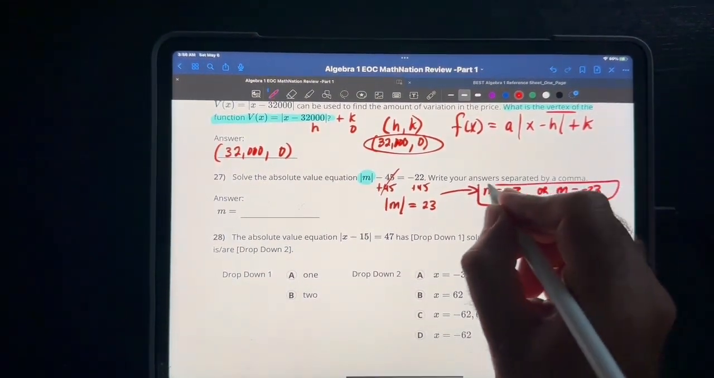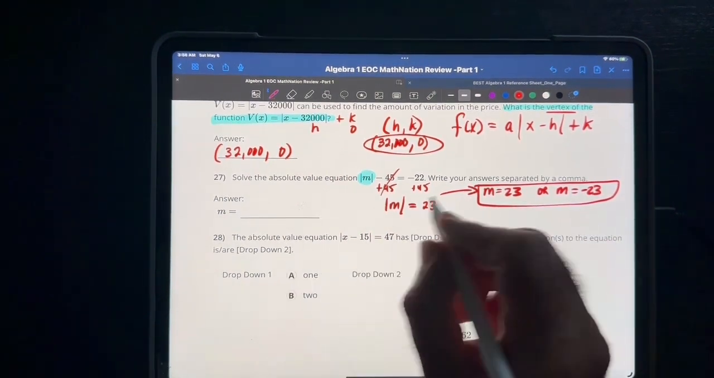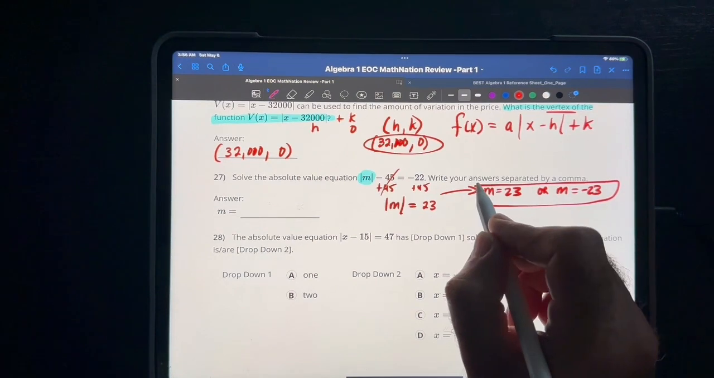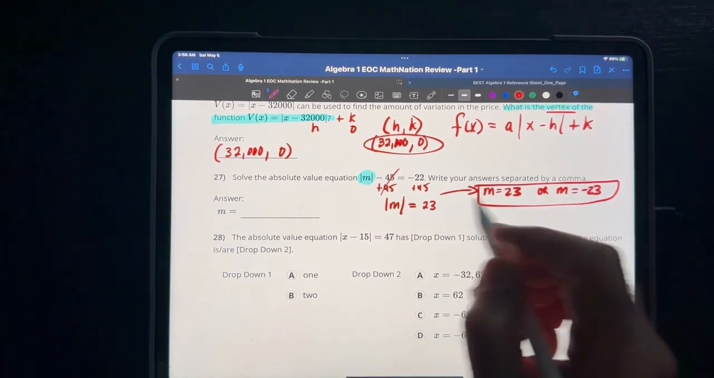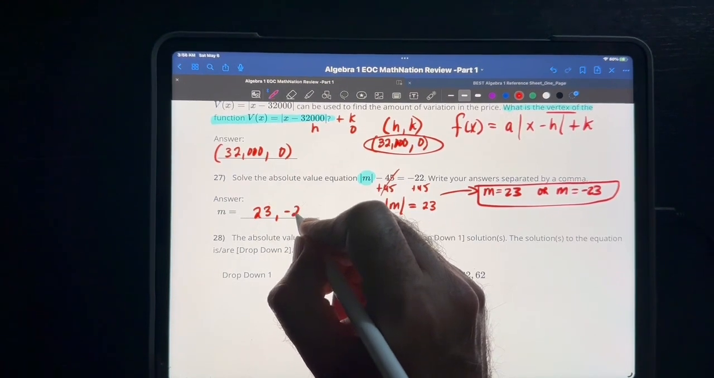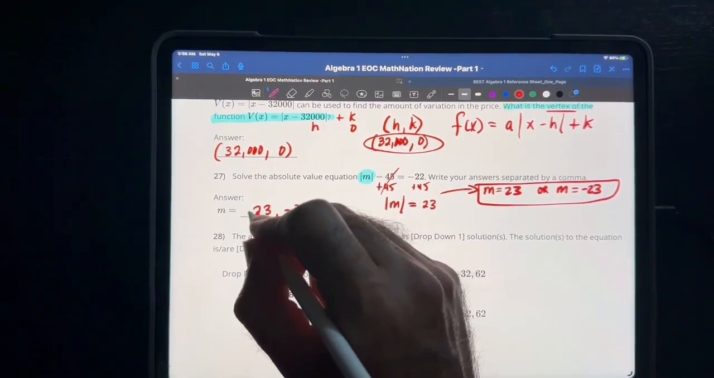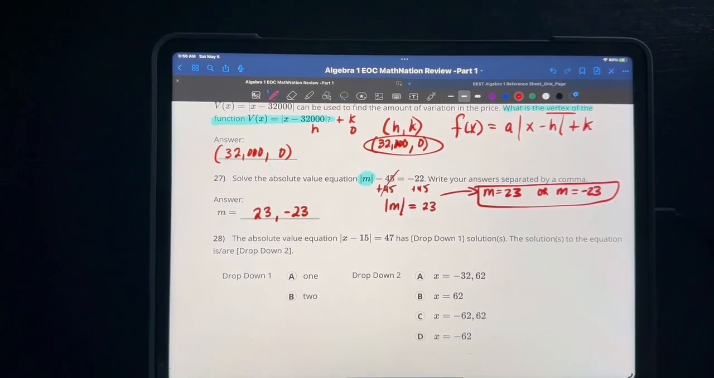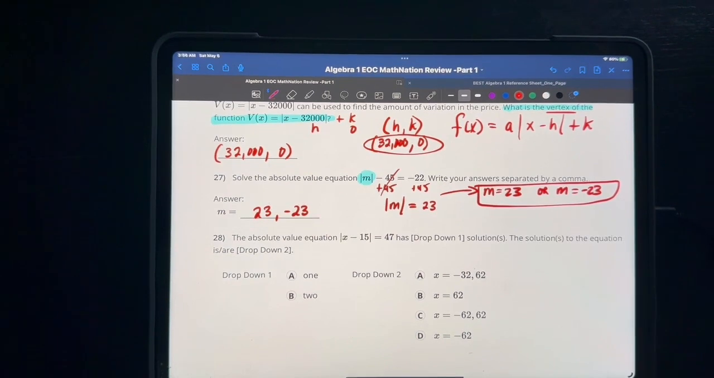So you could see your answer like this. They're telling you how to write your answer in the computer. They say, write your answer separated by a comma. So you'd write 23, comma, negative 23. Or you could do it the other way, it doesn't matter the order. All right, so you get that. All right, moving on to